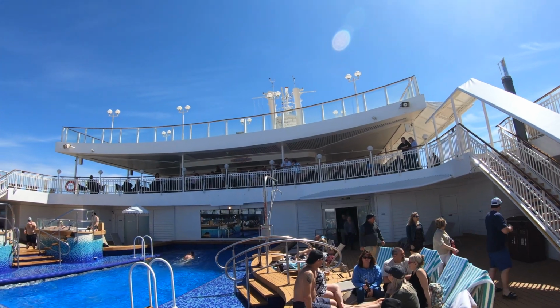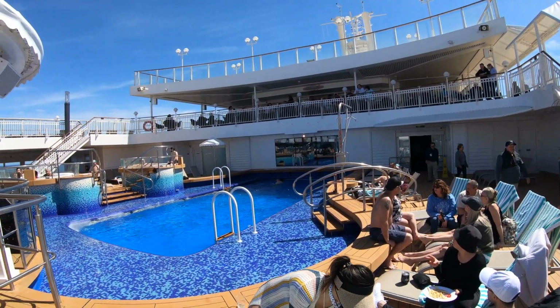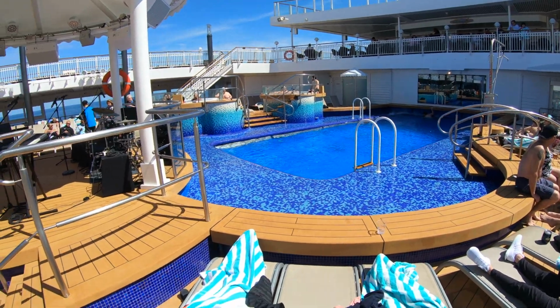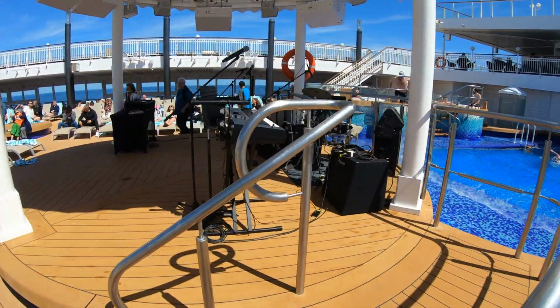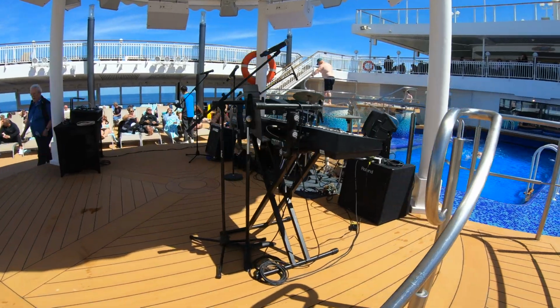So Deck 12 not only has the pool, which, by the way, a pool deck on a ship is called the Lido Deck. I don't know why, but that's what it's called. Not only does it have the pool and the whirlpools, and this one actually has several pools on this deck,